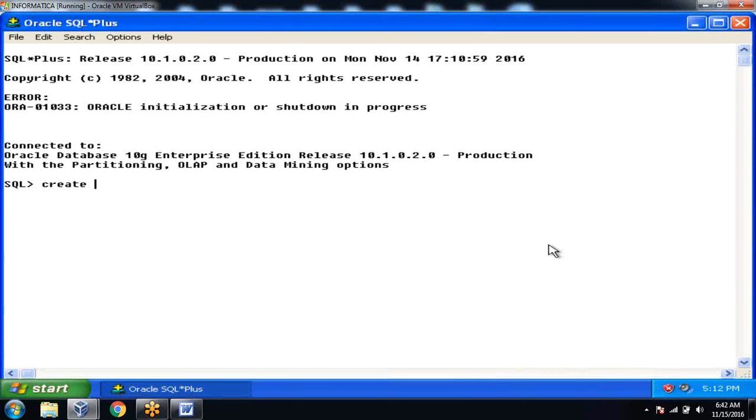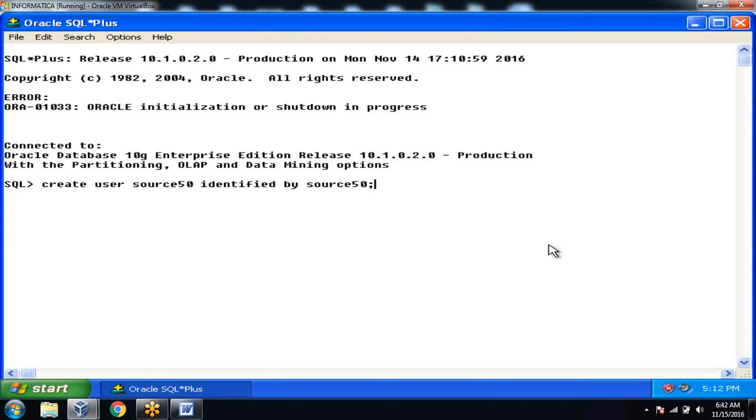Create user, username source50, identified by source50. This is the syntax for how to create a user or schema. Why are we creating a user or schema? Instead of executing all our DDL or DML statements in the system user,